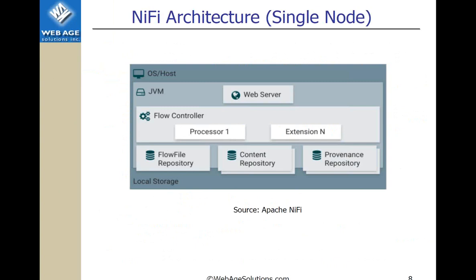Single node, if you have just one JVM deployed on a machine, sure, it should be a host featuring multi-core, lots of RAM, 64-bit JVM, which has embedded web servers through which you would have access to the configuration, control, and development on that machine. And you would have local storage. Essentially, the system uses the local file system.